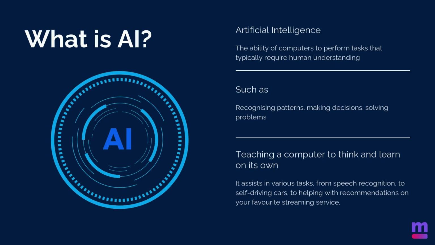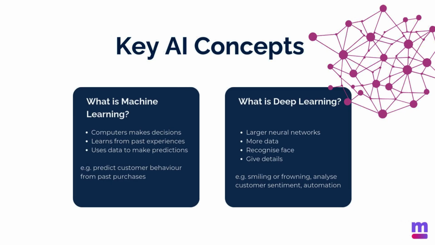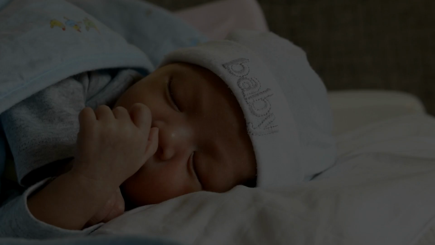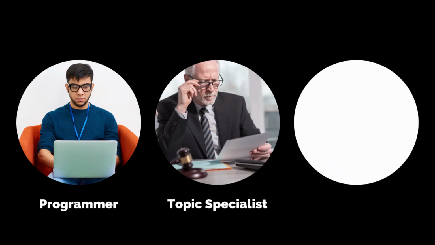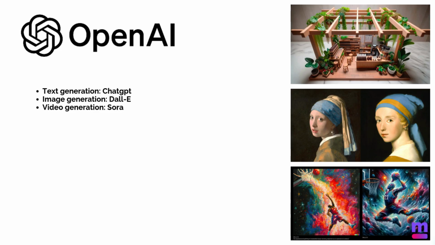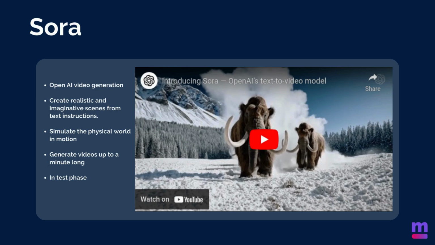It's essentially about teaching computers to think and learn on their own. So they're learning from your past behavior. And also think about a baby, right? This is someone that knows and can identify when a fraud is taking place. They've also developed an image generation tool. Imagine the potential of special effects with a video generation tool like Sora.